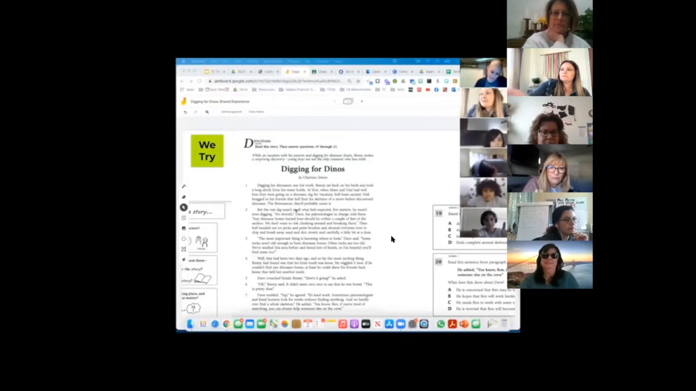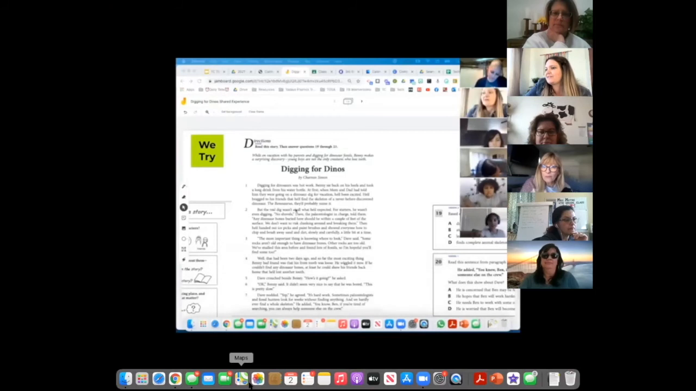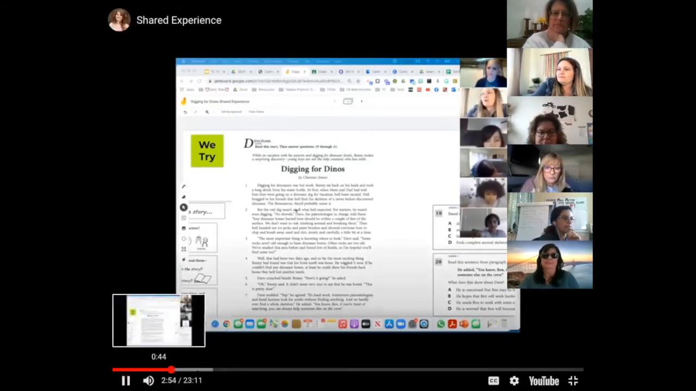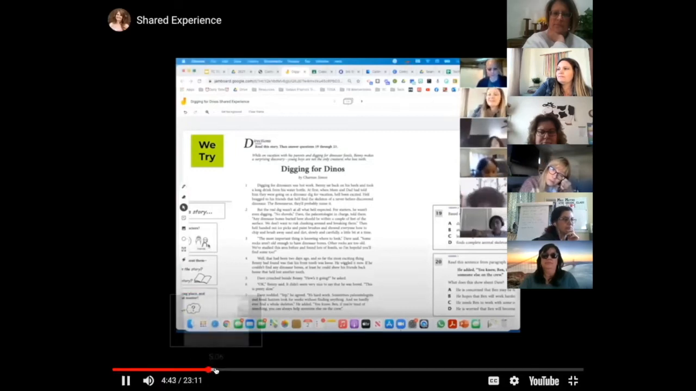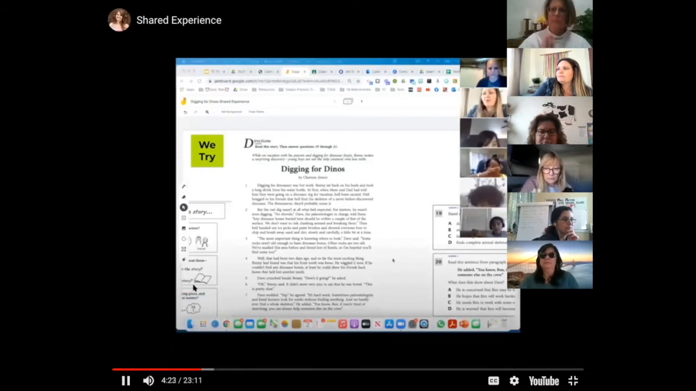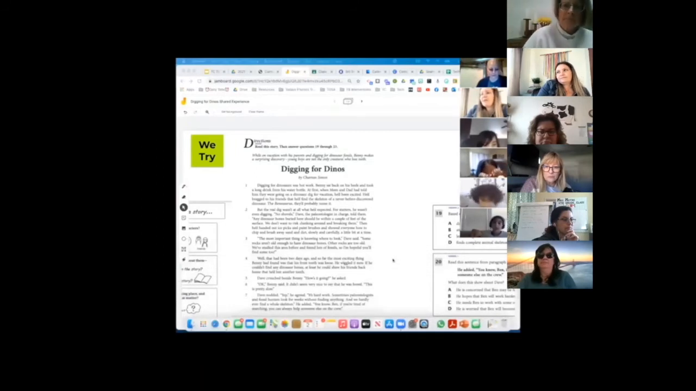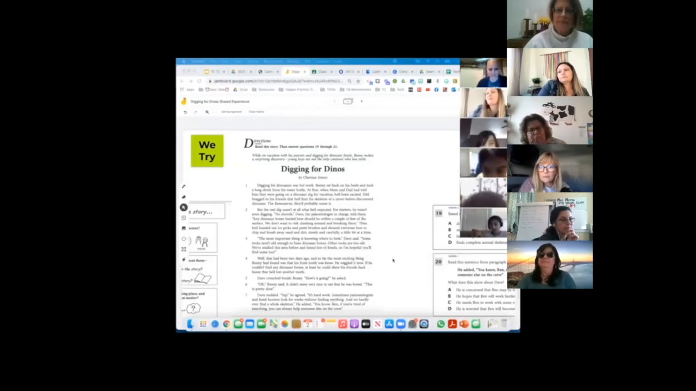Digging for Dinos by Sharon Simon. Digging for dinosaurs was hot work. Benny sat back on his heels and took a long drink from his water bottle too. Dave crouched beside Benny. Dave nodded. Yep, he agreed. It's hard work. Sometimes paleontologists and fossil hunters look for weeks without finding anything, and we hardly ever find a whole skeleton. He added, you know, Ben, if you're tired of searching, you can always help someone else on the